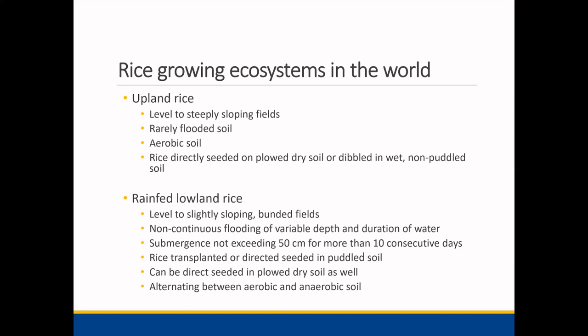ecosystem. In this system, rice is transplanted or direct seeded in the puddled soil. So we have the available water for puddling, compared to the upland rice. It can also be direct seeded in the plowed dry soil, if you want to start the cultivation before the rain comes. And it alternates between aerobic and anaerobic soil, because the water availability is determined by the rainfall. When flooded, when you have a